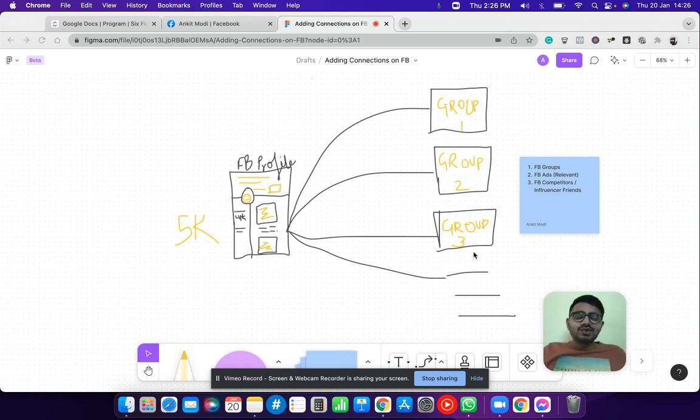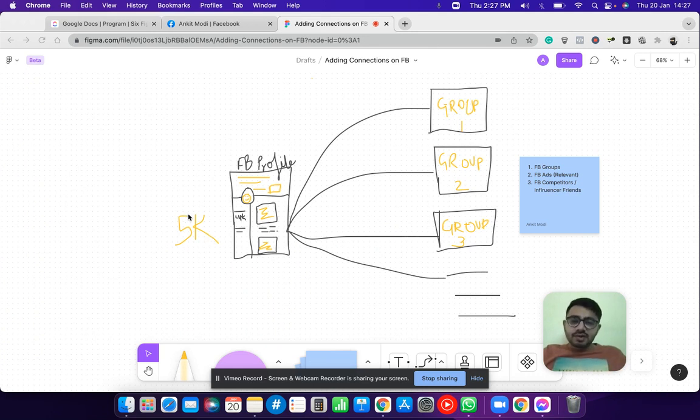Of course, you should know what you're doing as well, right? Because there are so many people who are posting on Instagram for years, right, and they still haven't touched 2,000 followers. But with that being said, Facebook can really allow you to monetize your network very quickly. Even if you have 500 connections, you can still make money from Facebook, right? Even if you have 5,000 friends, which is what we will aim to achieve, right? 5,000 is what our goal is, to have 5,000 connections, highly targeted connections who are willing to pay us, right?